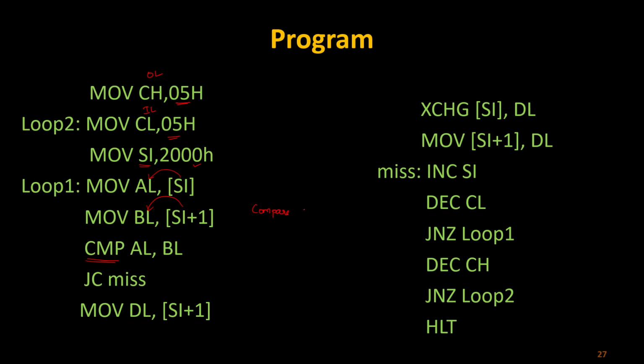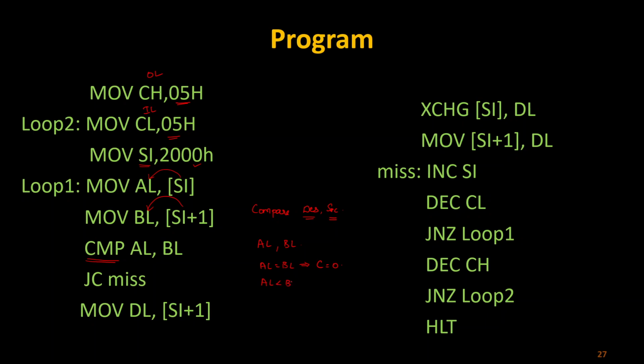So first it is going to be your destination, and after that it is going to be your source. So in this case, it is going to compare your AL and BL. So if AL is equal to BL, after executing this instruction, your carry flag will be 0. So in this case, how can we check it? After this one, if AL is going to be